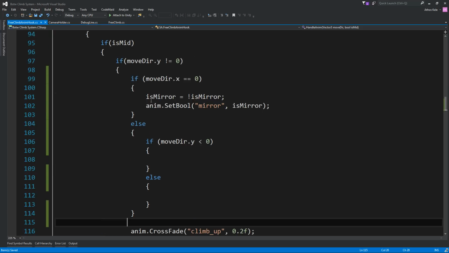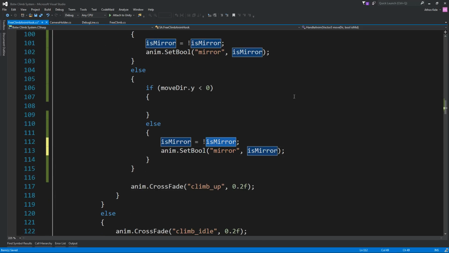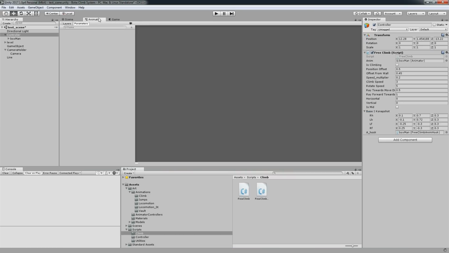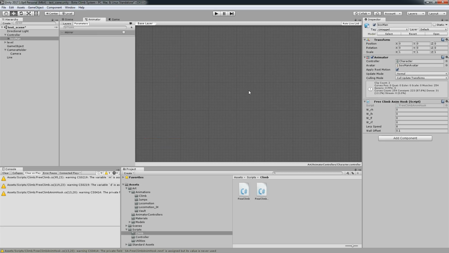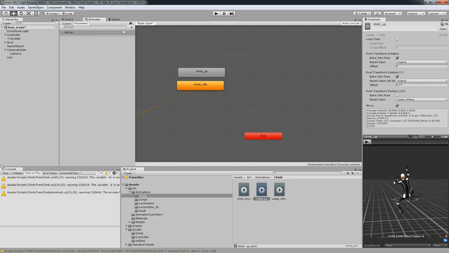So when we are going up we basically want to say is mirror, let's see what the mirror is. Climb up, the mirror is the left shoulder up.